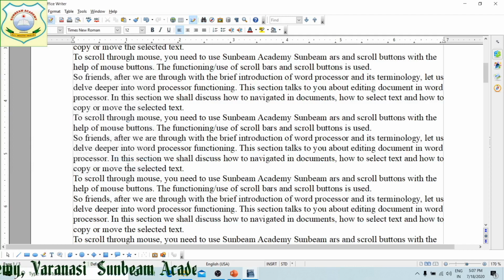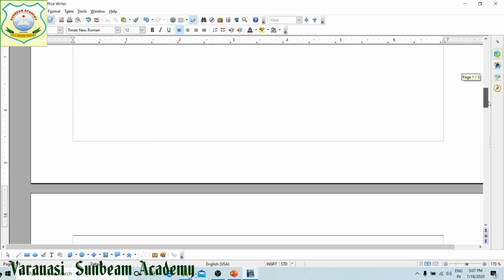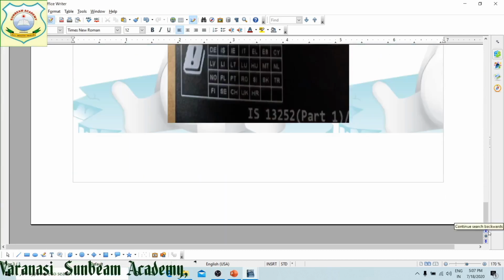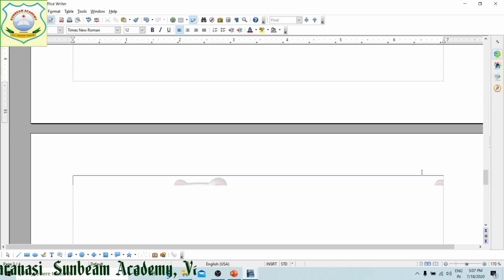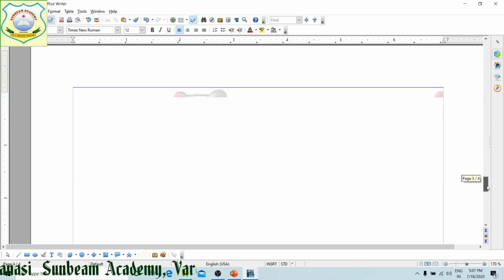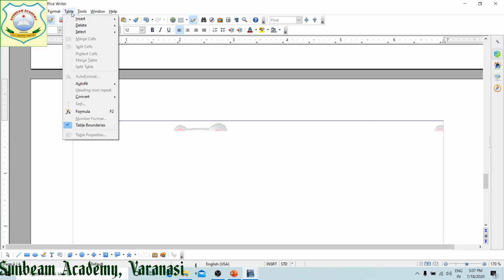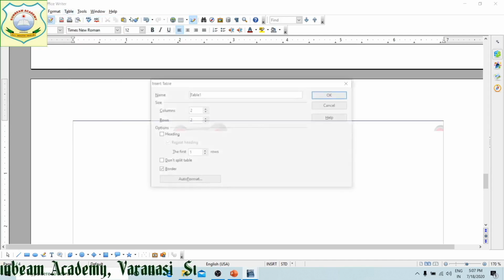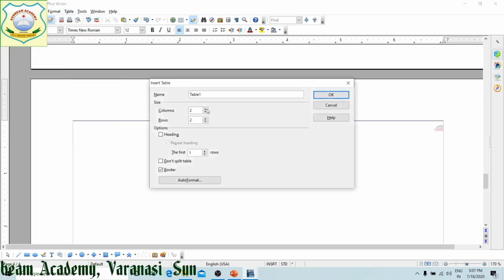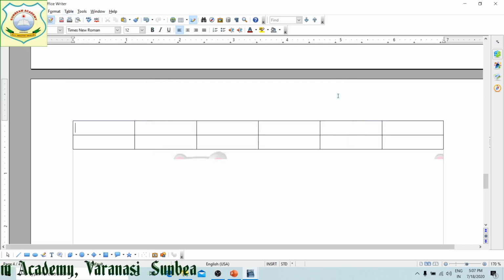Next, table. Working with table. Again students, to work with table, I am moving towards the next page. How are we going to work with table? To insert table, table menu, insert option, table, right? By this, number of columns, suppose I need 5, I have given OK.